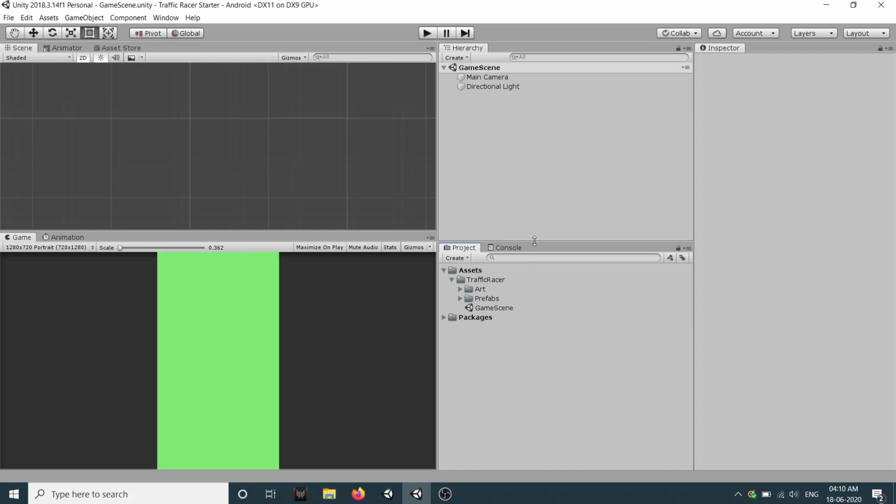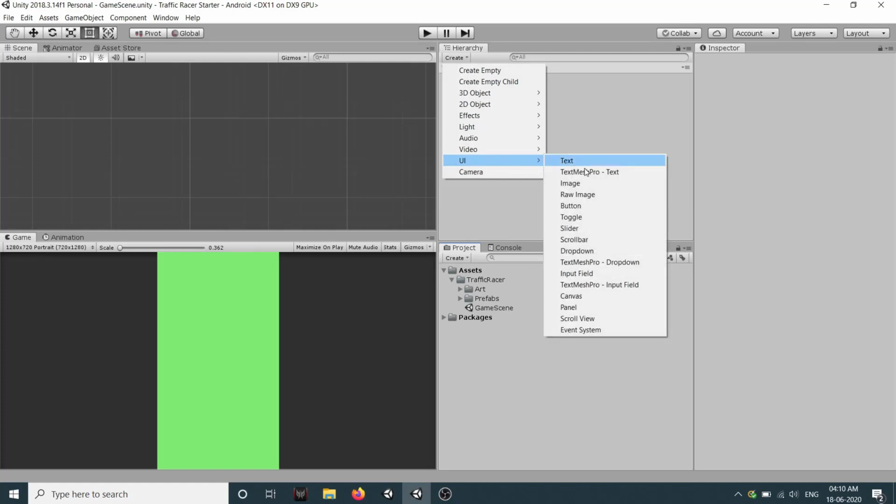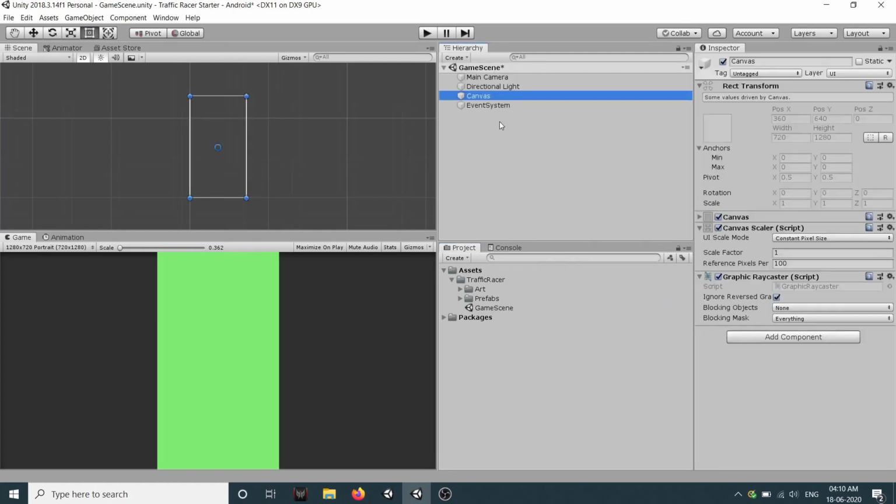So now let's create our UI. For that we'll click on this create button, click on UI, and then click on canvas. You see we get two game objects created: one is the canvas and one is the event system. Now on the canvas you see we have this canvas scaler, and the UI scale mode is currently constant pixel size.